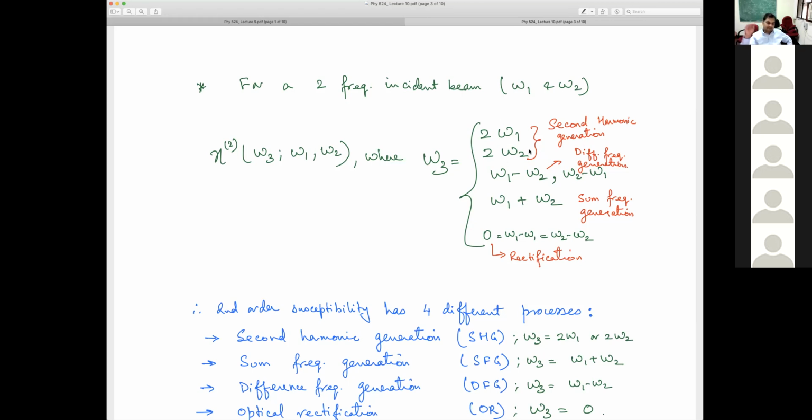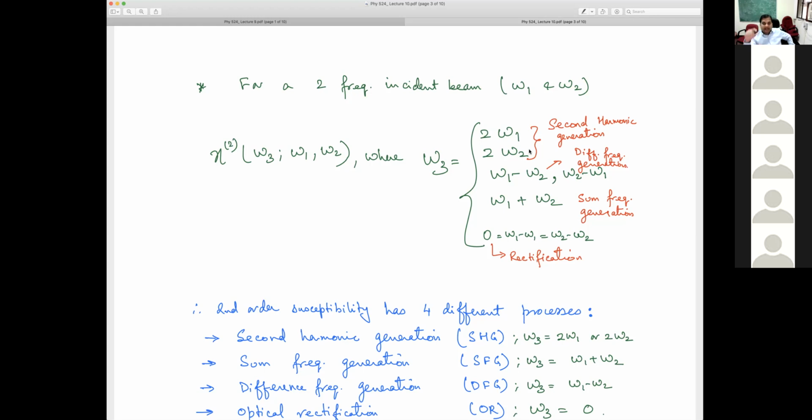So I have just doubled the same frequency. That is called second harmonic. So I shone light of one frequency, but the response will be the sum of their frequencies. So I shine an electric field of frequency omega, but the polarization is oscillating with 2 omega. So that's second harmonic generation, more precisely.